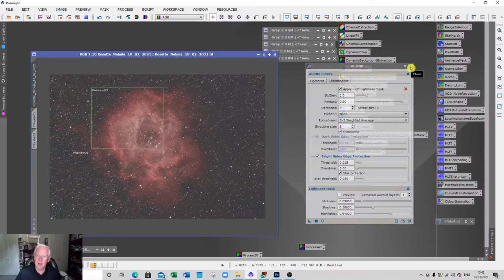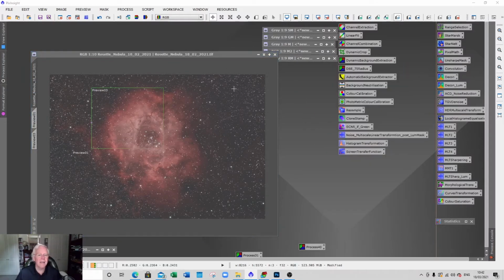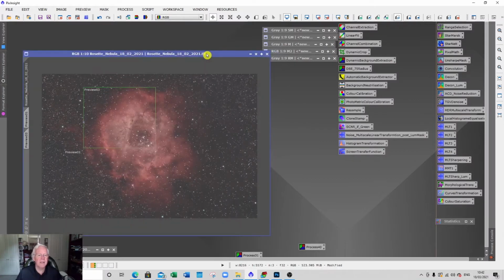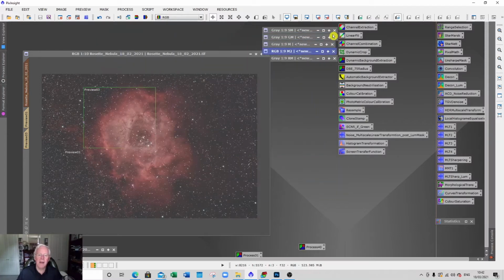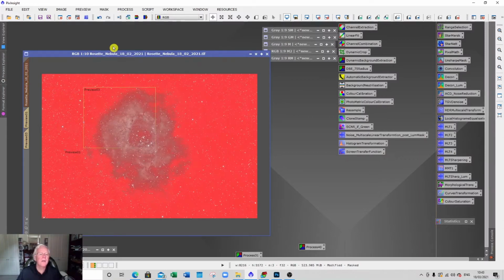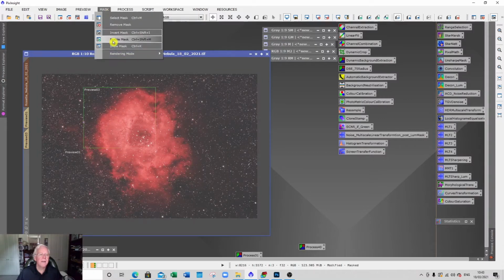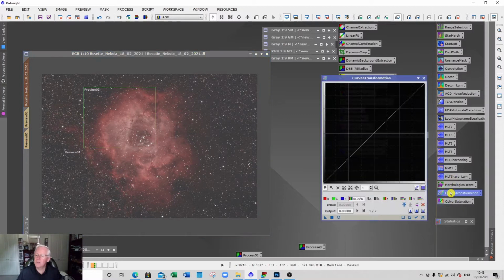So we can now close that, and the next thing I probably want to do is just darken the background. For that I'm going to use my M2 mask. This is going to protect both the nebula and the stars. If I click on there, and go into curves, the first thing I want to do is look at the mask, and I want to invert the mask. So let's just invert that. And then if we go into curves,